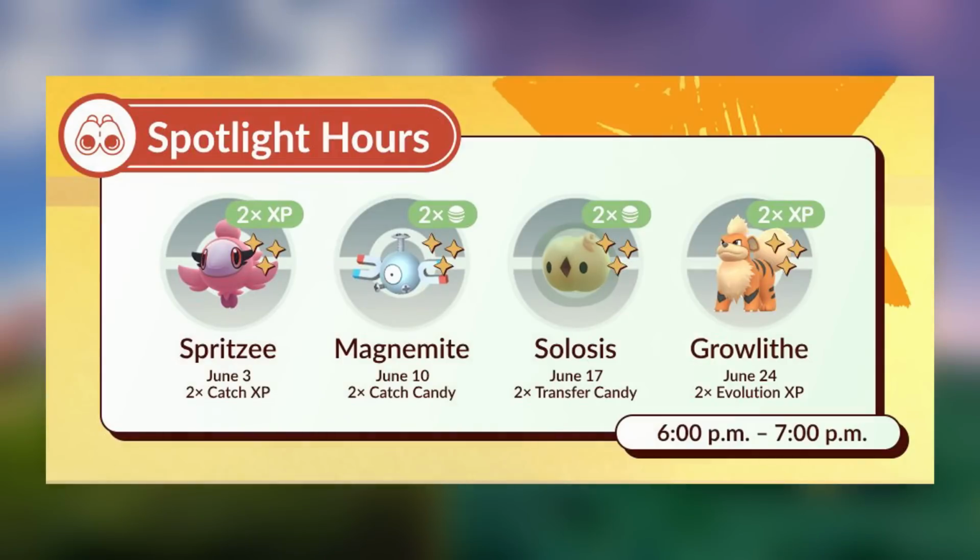Let's quickly talk about the Spotlight Hour taking place on the 24th, which is going to be Tuesday. This is going to feature the Pokemon Growlithe with the special bonus 2x Evolve experience. Overall, with all the Pokemon that we're going to get access to during Go Fest, nothing to really pay attention to with Growlithe, but hopefully you guys did take my advice during the Phantom Ruins event for Phantump, because now